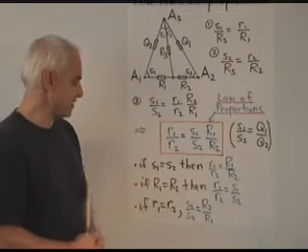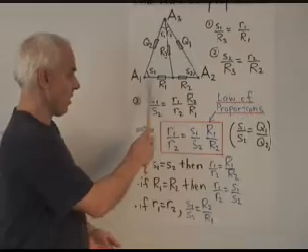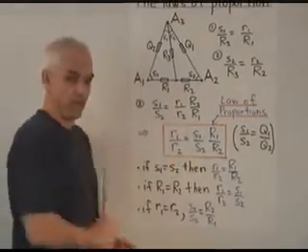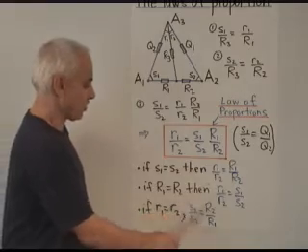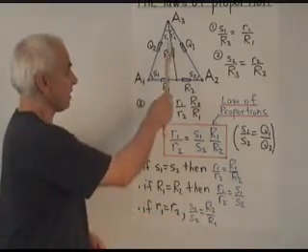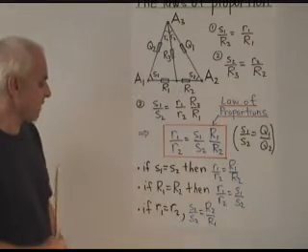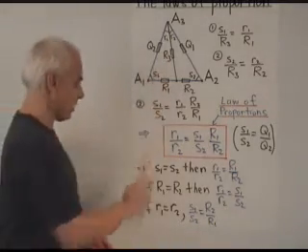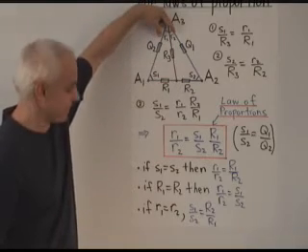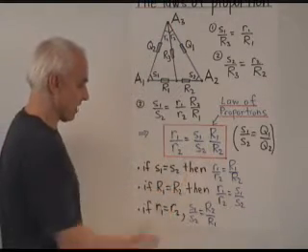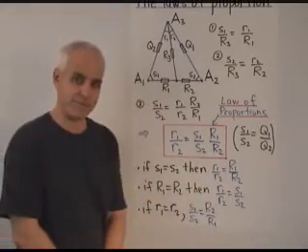The second interesting special case is when capital R1 equals capital R2. In other words, when this point here is the midpoint of A1, A2. In that case, r1 over r2 equals S1 over S2. The ratio between these two spreads is the ratio between these two spreads. And finally, if little r1 equals little r2, that's the case when this is a bisector of that vertex, then we have S1 over S2 equals capital R2 over capital R1.